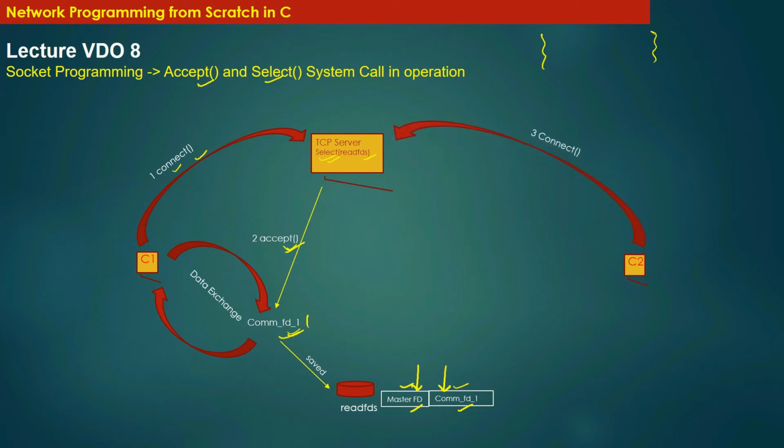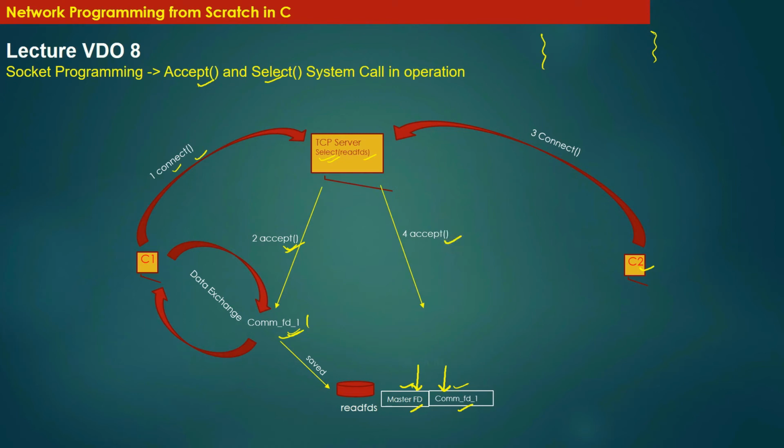Now let us say from the new client C2 again a connection request arrived to the server. Select system call was blocked, right? As soon as the new connection request arrives, again the select system call gets unblocked, and because it gets unblocked, and the reason for unblocking is that the new connection request has arrived from the new client, therefore, in this case, the accept system call will be called,